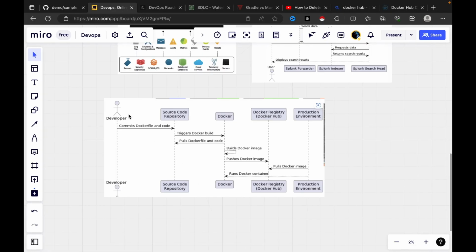This is a simple example of how the application works. Once the developer pushes the code, the Dockerfile in this case, using the GitHub repository, the Docker build will be triggered. We can add a condition to trigger the build once we commit a change to the source Git repository. I can show you in the next video when we do the deployment. This triggers the Docker build, and it will pull the Dockerfile and code and build a Docker image. And this Docker image, using the Docker daemon, will be pushed to Docker Hub, which is